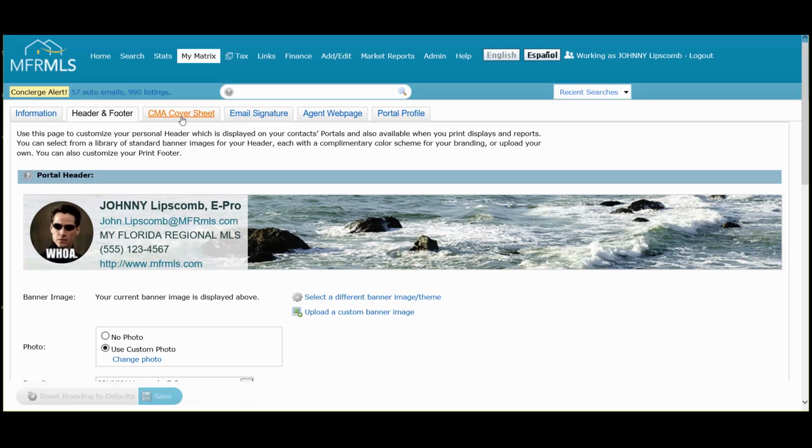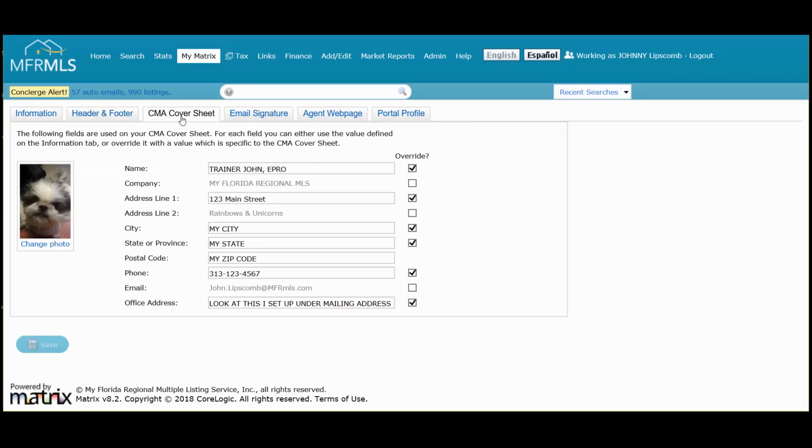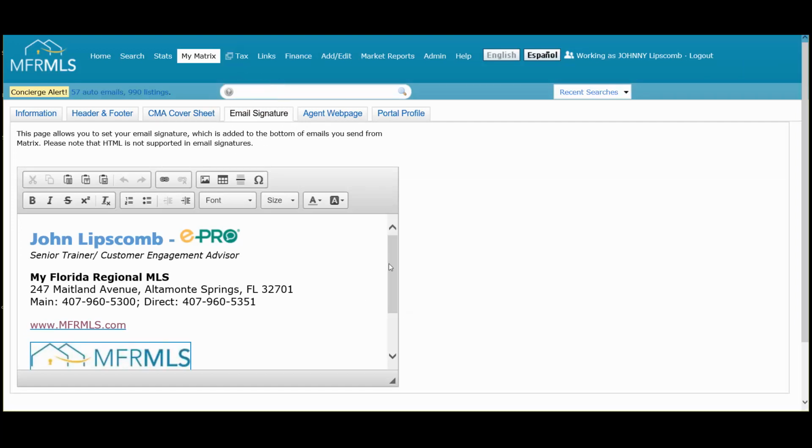Moving on to the right, cover sheet for CMA. So if you do comparative market analysis, maybe you want your information to show up a little differently there. You can change that just specifically for the cover sheets on the CMAs. You'll definitely want to go into the email signature. Email signature, this is going to be automatically included in everything you ever send out from Matrix. If you already have your email signature set up somewhere, like let's say Outlook or Gmail, you can just copy paste it. If not, this is just going to be on the tail end of the email,